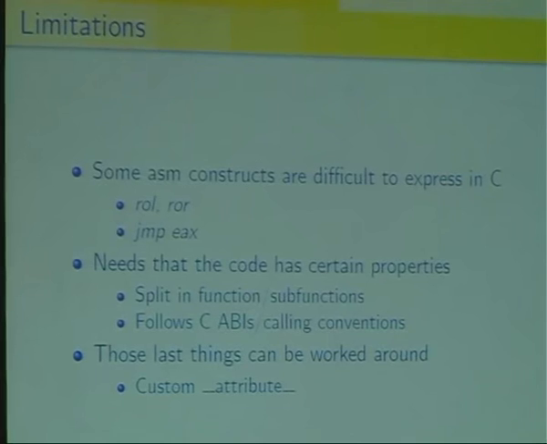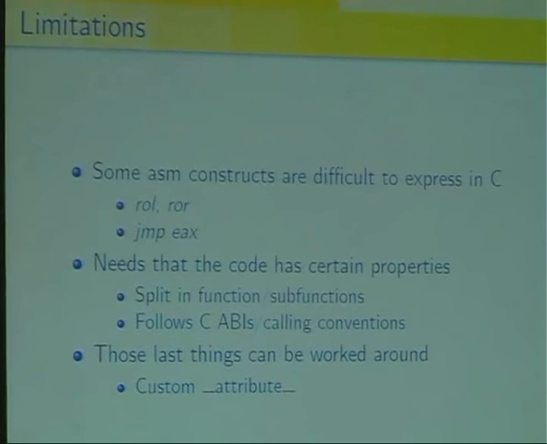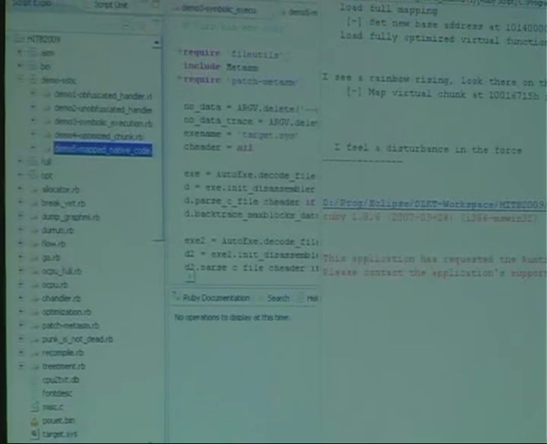And also, when you read C code, you assume a certain set of properties on this code. When you manipulate C code, you manipulate functions, and a C function is assumed to return and have a generic ABI, so that it should preserve some registers and stuff like that. So it may be quite hard to read in C, but we may work around it using attributes or stuff like that. So right now we have a small prototype of the compiler